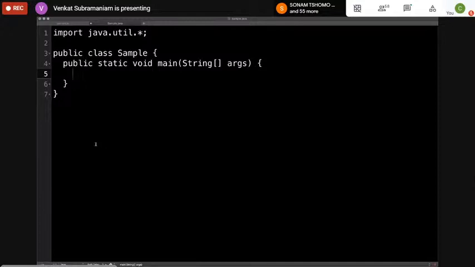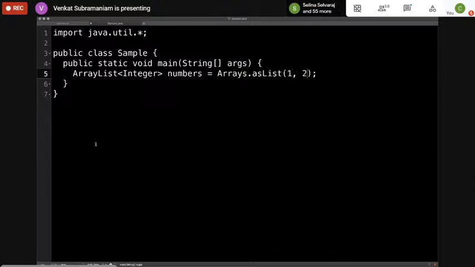Let me give you an example of this, which is going to illustrate the problem really well. So let's say we have an array list, and I'm going to say this is integer, and I'll say numbers, let's say, is equal to, and I'm going to say new array, well, let's say arrays dot as list. And let's go ahead and say this is going to be 1, 2, 3, 4, 5, and 6.